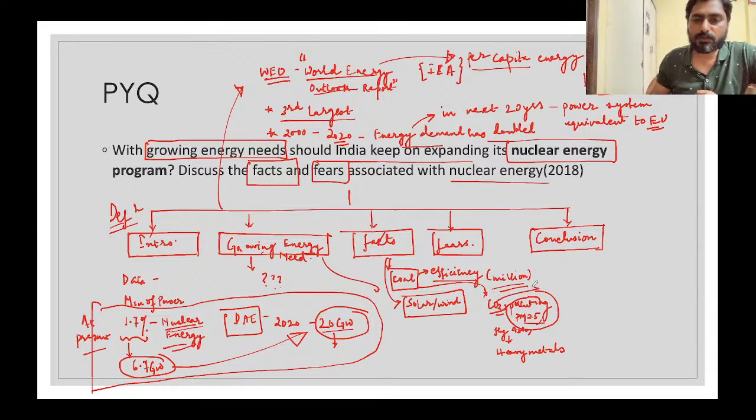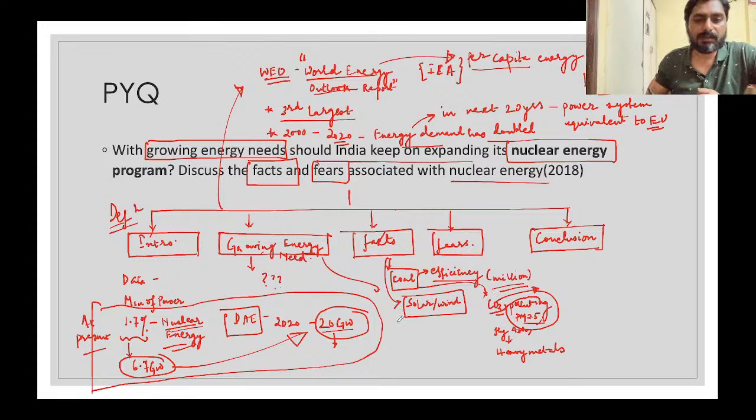So it is also leading to global warming. Climate change issues are arising because of this. It is causing pollution in air. It is also leading to production of waste called fly ash, and it might have some heavy metals which might leach into soil and water bodies. So it is polluting air, soil, and water bodies. So with respect to coal, in that sense, nuclear energy is much more environmentally friendly.